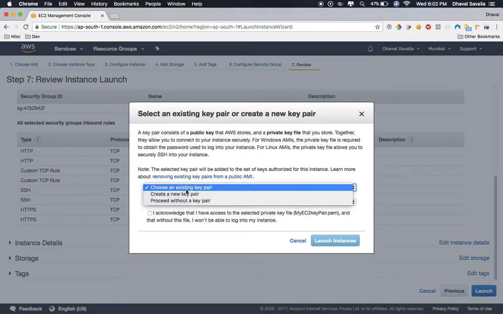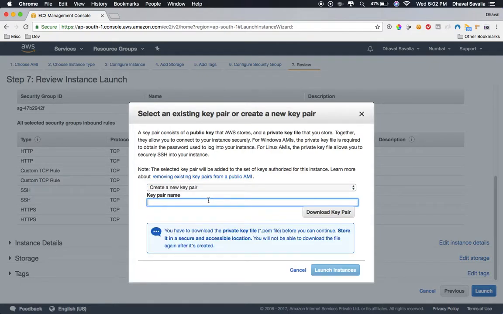Now this is an interesting part. You need a key to connect via SSH. You probably don't have any keys right now, so I'll create a new key pair and name it video tutorial as well. Make sure to download the keys,